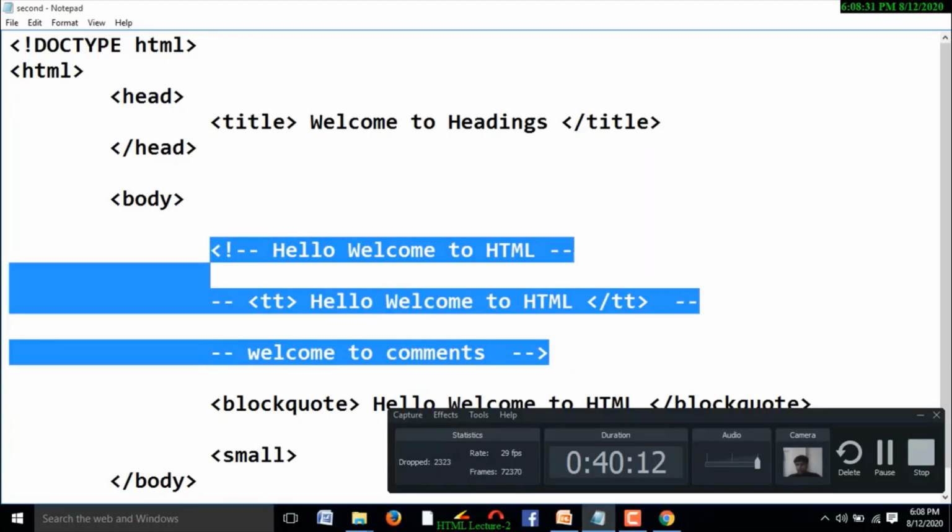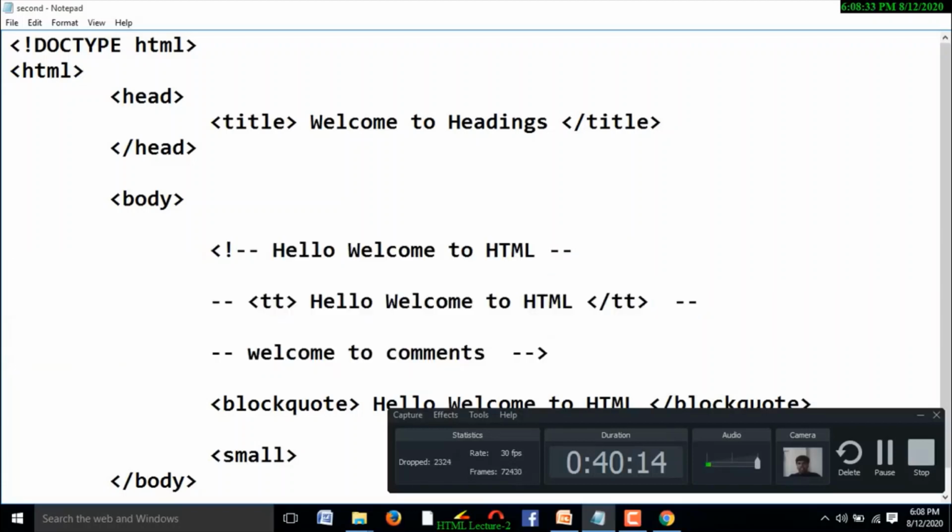See, and here I need to explain two important points. The first point is browser to browser, which means all browsers are not going to execute all the tags. There may be a little bit of differences. Got the point?